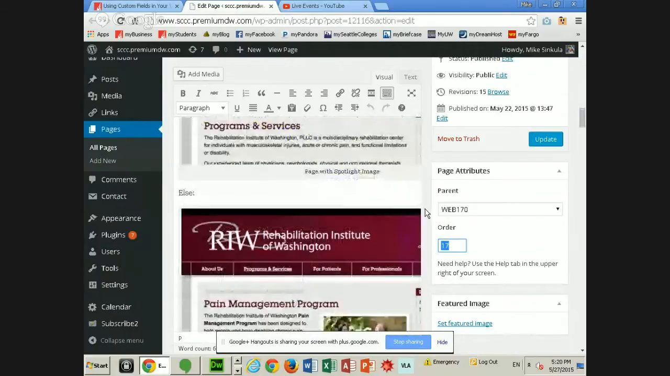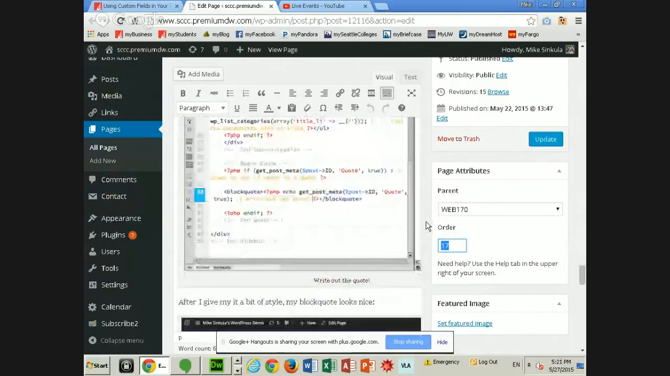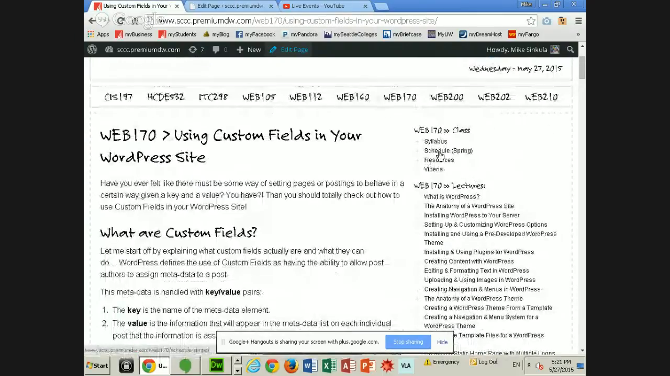To then get it to sit inside of the camp of lecture, what I've done is use custom fields to set up a field or a key called navigation with a value of lecture. So this is the key value pair, right? Or what you can say is the variable value pair. So if I then went to, let's say, the schedule for this class